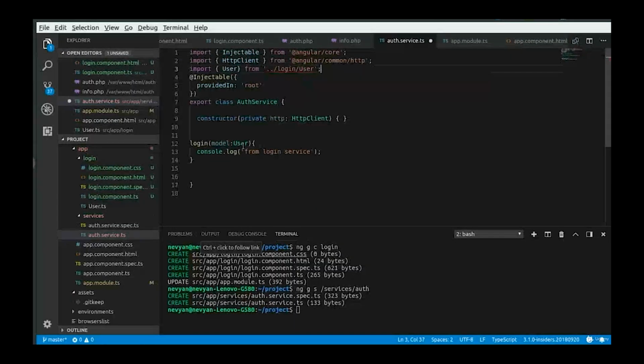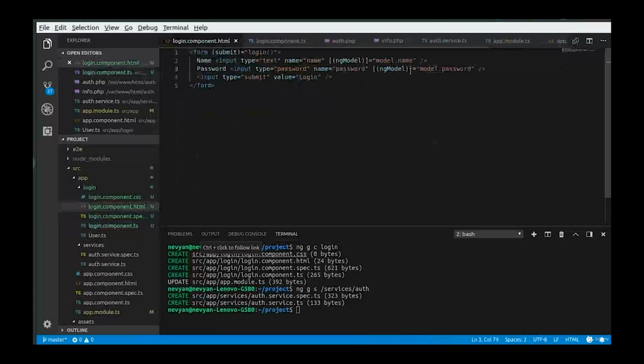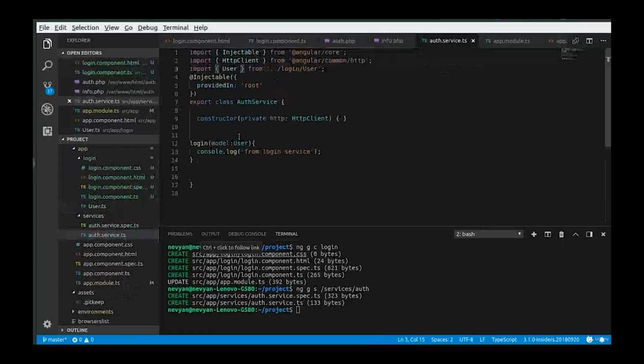So we are accepting the same model. Once we are in the login component, we're using our service .login method, and we are transferring the model which we grabbed from our form. Okay, so we go to the service, and we type from login service, and then we can also log the model